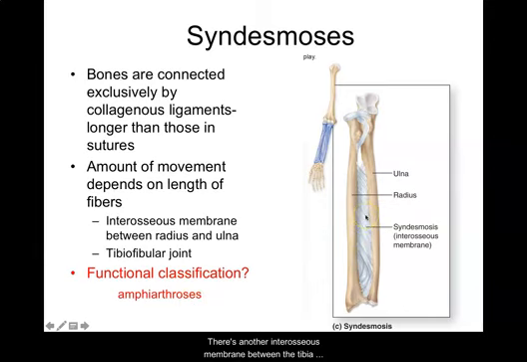There's another interosseous membrane between the tibia and the fibula of the lower leg that allows for a slight bit of movement between those two bones as well. So the functional classification of amphiarthrosis is the most movement that could be allowed by a syndesmosis joint. There is another joint, it's the distal tibiofibular joint. If we look back at this image